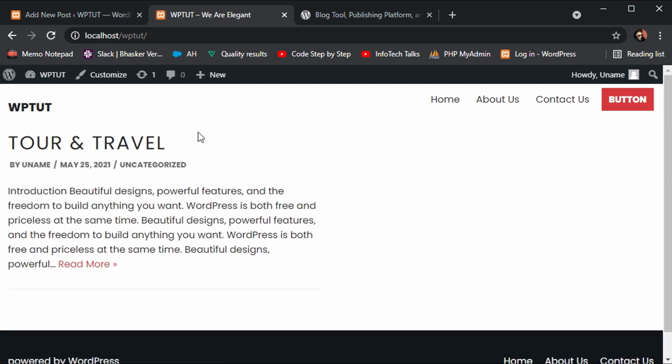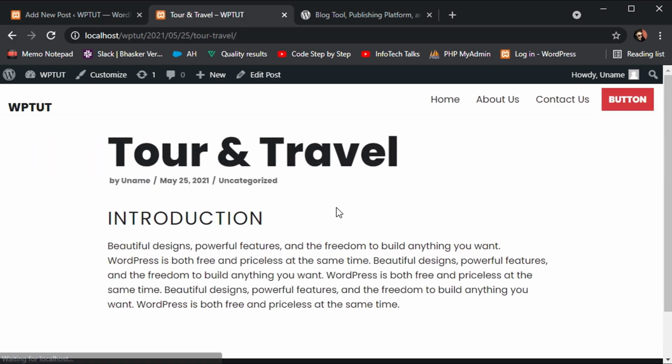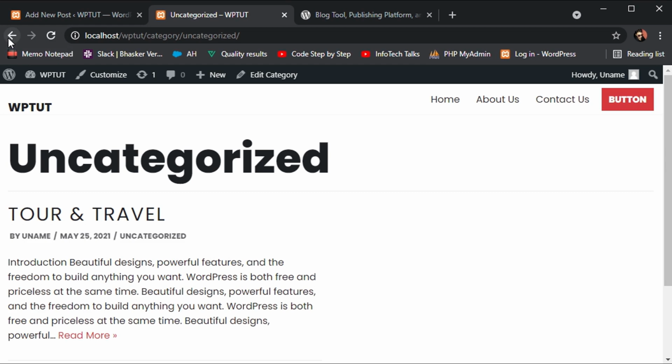By default, WordPress automatically redirects you to the blogging page. It is not the home page, about us, or contact us page. This is the blogging page, and this is how your post looks. It doesn't contain the whole post, and you can see the read more option to read the entire post. Either click on read more or click on the title to read the whole post. This is the title, this is the introduction, and you can see the name of the admin, time of post, and the category of post. We will discuss category in the next video.